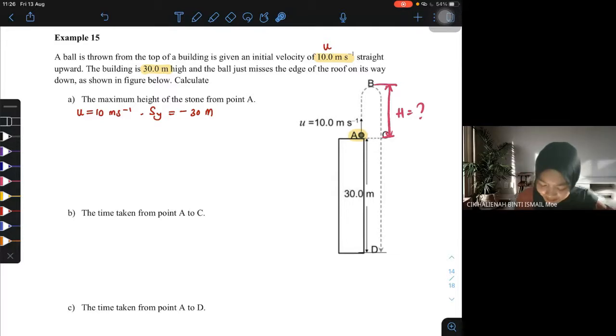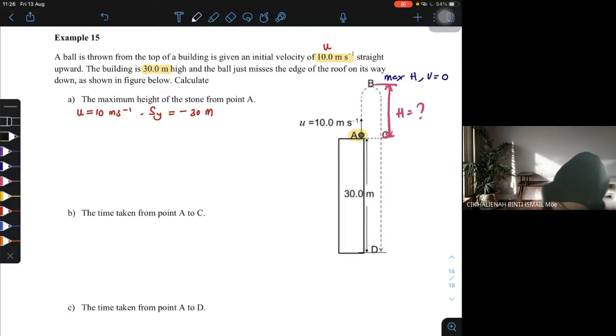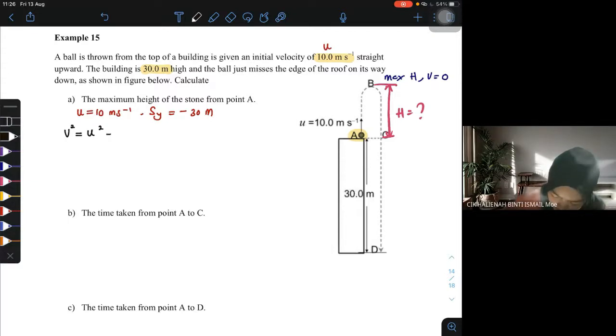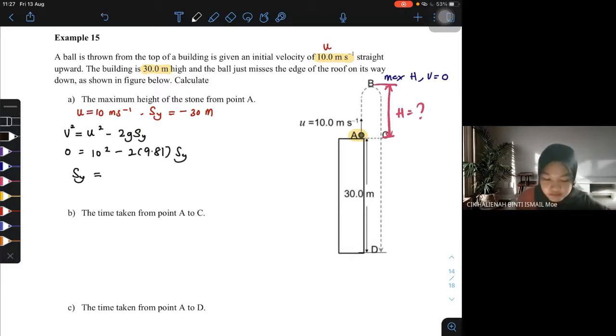Okay, again dia cakap maximum height. So dekat maximum height, V adalah sama dengan kosong. So kalau V sama dengan kosong, we can find using, again the same formula, V square is equal to U square minus 2GS. Okay, so V adalah kosong, U adalah 10, negative 2, 9.81, SY. So SY sama dengan, which is also the maximum height,